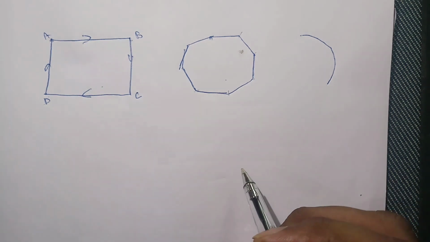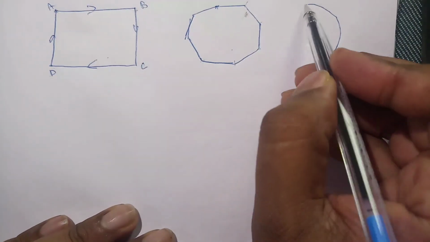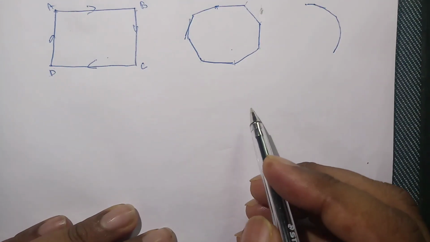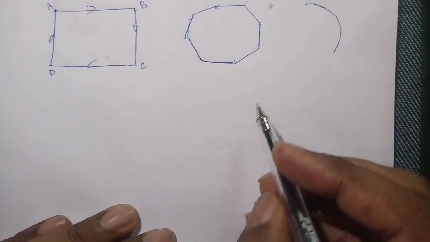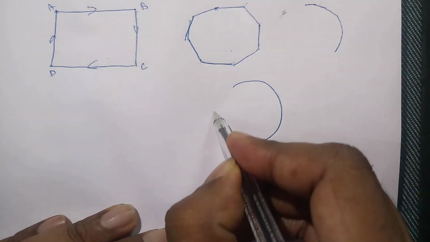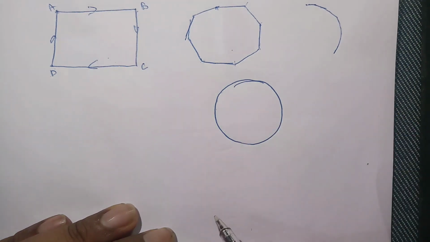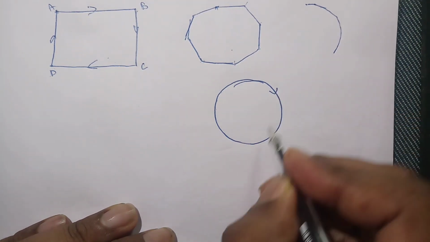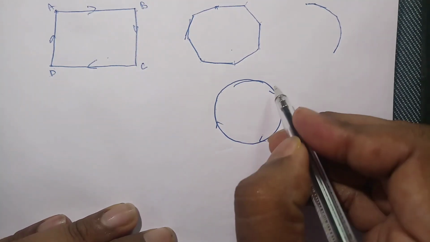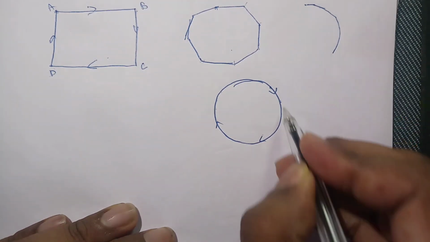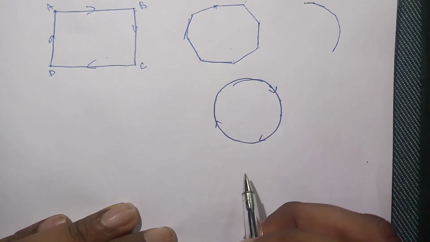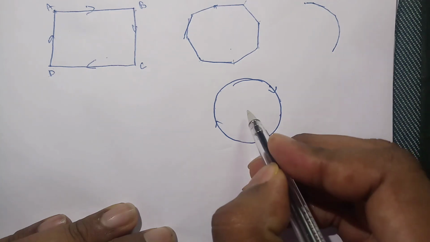What is the meaning of that? If instead of these small straight lines, he changes direction at each and every point, then his path will become a circular path. So what is the main point? When a person is moving in a circular path, at each and every point he is changing his direction. So many times he is changing the direction. So this is the center of the circle.